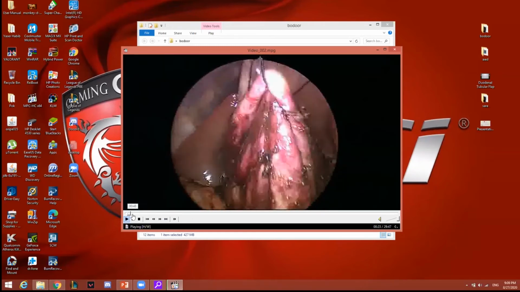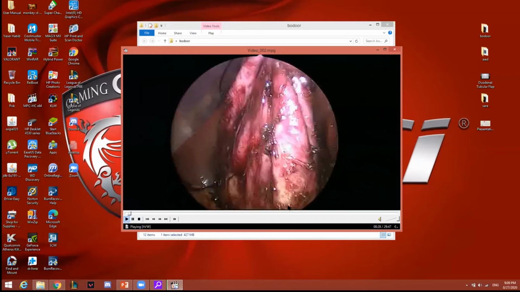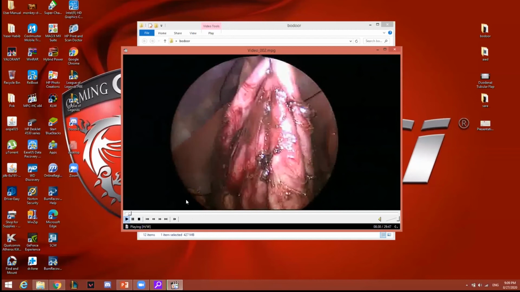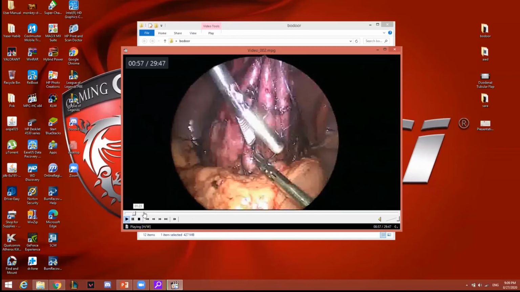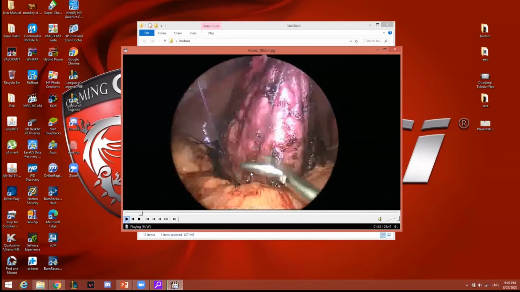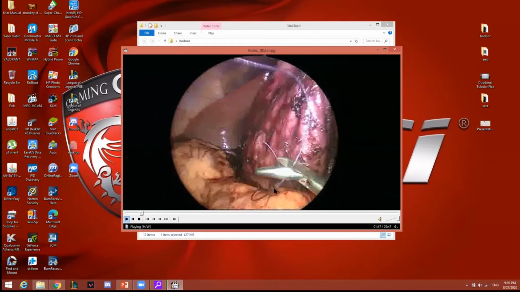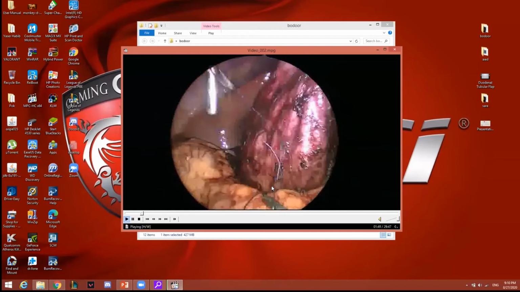Now it is a demanding procedure, so you need a lot of this stay stitch to help you to have 2 free hands in order to do the transfixion. Here, this is the duct. You can see it transfixion. So this is the cyst wall and tapering down to the side of the common hepatic duct,